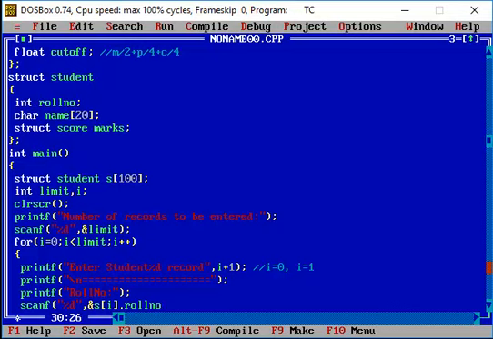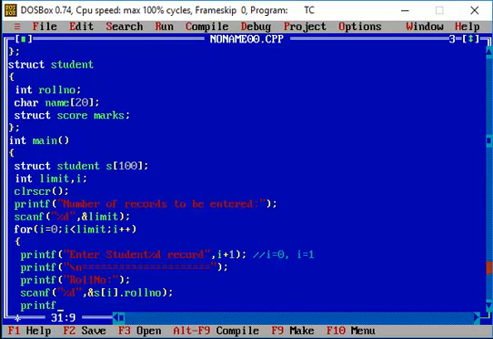So the address of the structure variable and then the corresponding structure member will be passed in the scanf. Once the data has been entered by the user at runtime, the value will be stored in the address of your structure variable at the corresponding index. The index value is now 0, so the first record, and its corresponding structure member is roll number. That roll number will have the value entered by the user during runtime. The same applies for the other information as well.